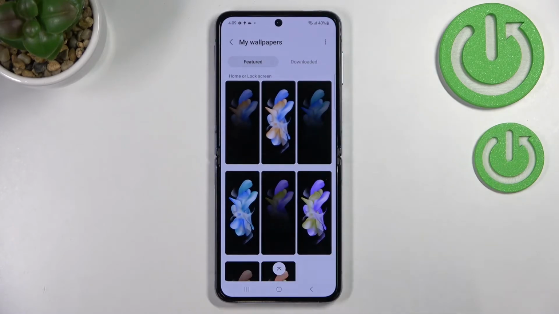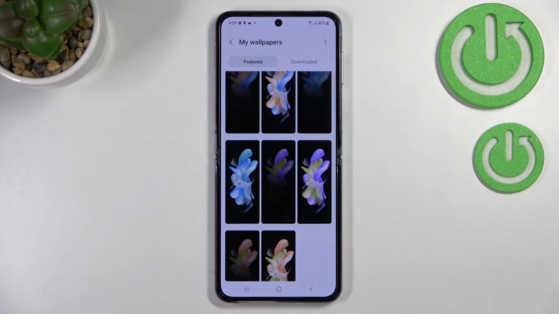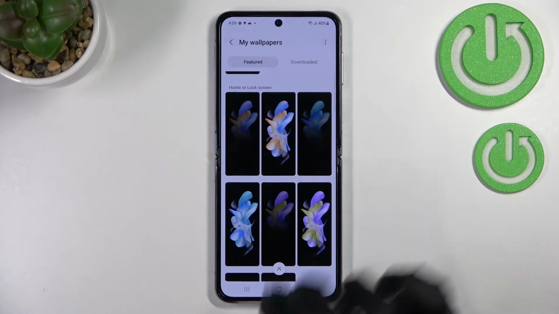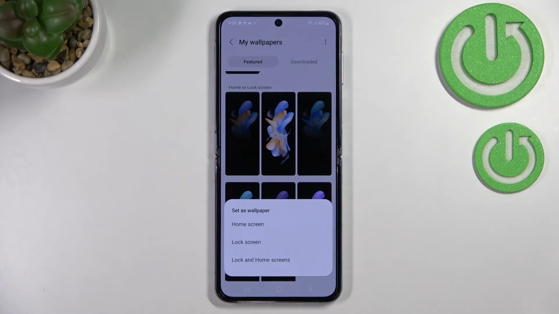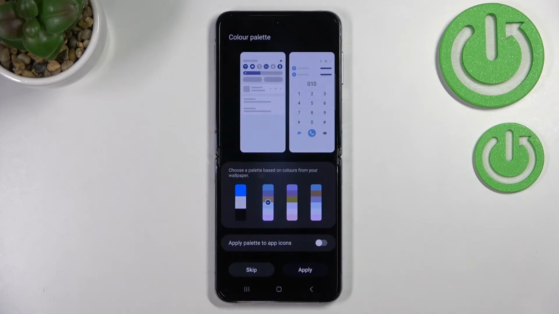And now let's change the wallpaper for the home screen. So here let me pick, for example, this one, as it will match the lock screen also. So maybe this one. So let me tap on it, and as you can see, after tapping you will have to immediately decide where you want to set it. So you can set it as a home screen, lock screen, or both, and I will pick only the home screen. And as you can see here, we've got the preview of how it will look like. So if you're happy with your choice, just tap on set on home screen. As you can see, we've got the information that the wallpaper has been applied,